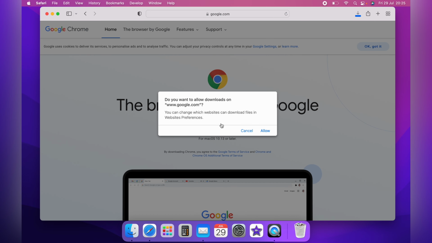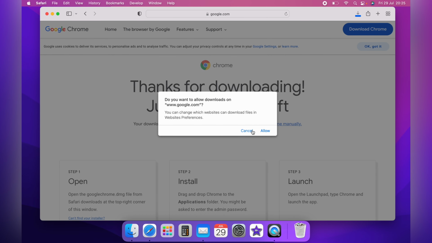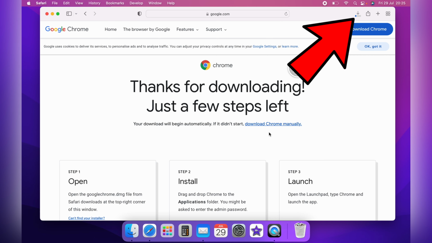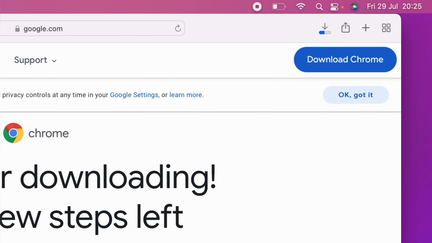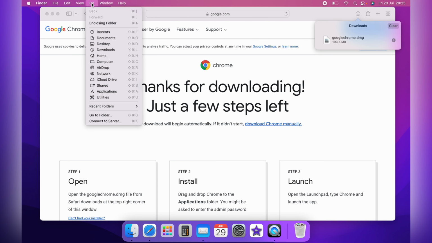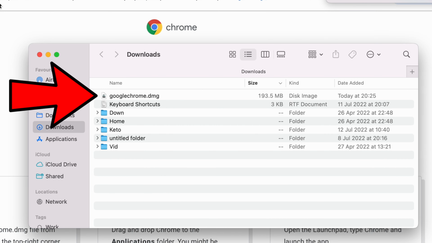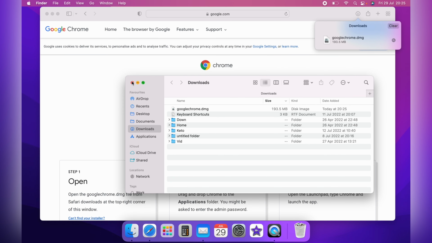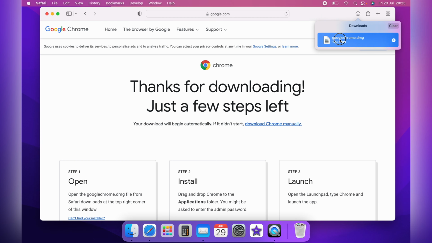You'll get a warning message as this is an outside file from Apple. You want to simply click Allow, and as you can see in the top right hand corner, Chrome is now downloading. How long this takes will depend on your internet speed. And now it's finished, you can see this little down arrow. You can simply click this to access the Google Chrome install file, or you can come up to Go and then come to Downloads. The easiest thing is just to double click this DMG file,